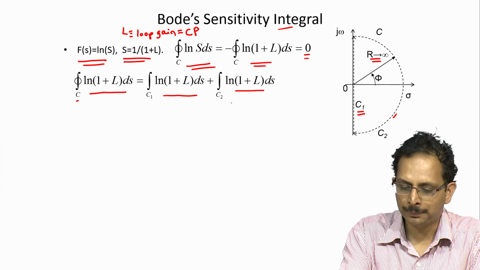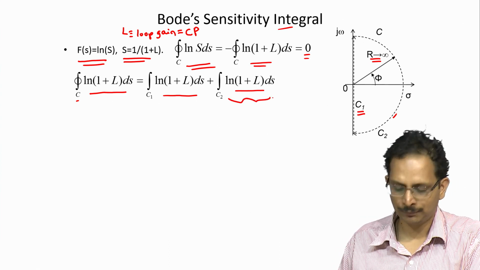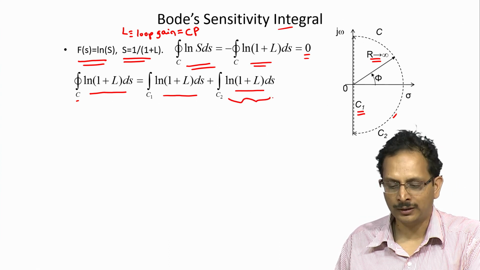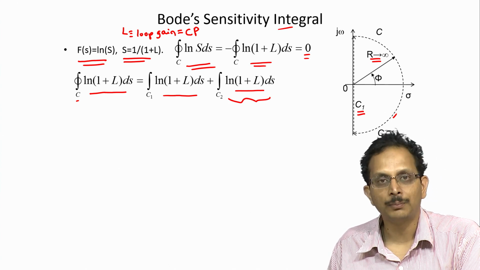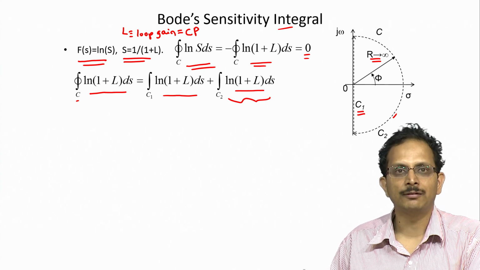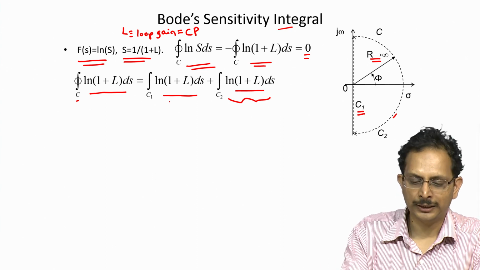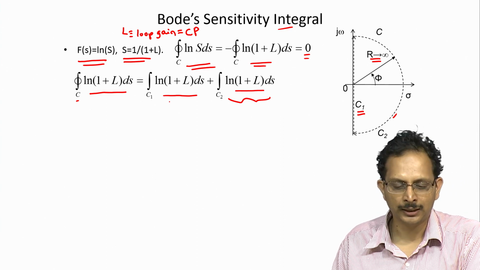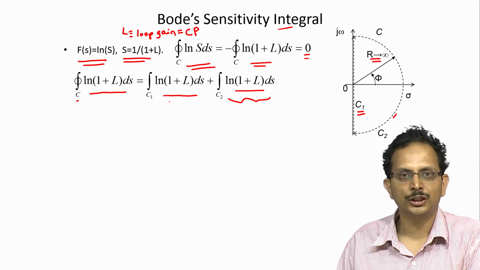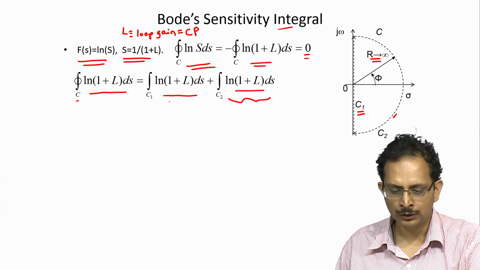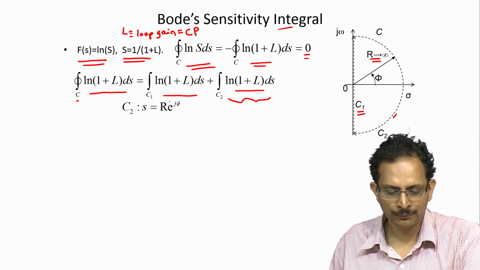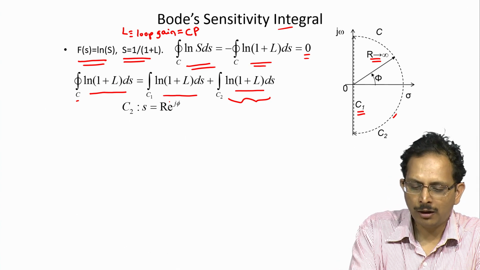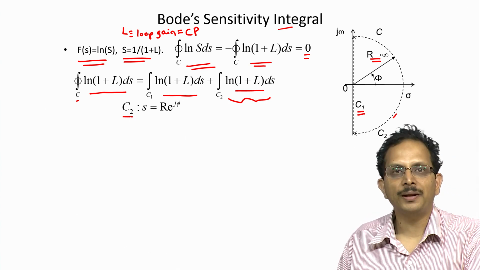First, we shall take up the second integral, namely the integral over the curve C2 of ln of 1 plus L ds. Let us first evaluate that. Subsequently, let us get to the first integral, namely the integral along the curve C1 of the function ln of 1 plus L. So, if you take the second integral, you note that along the curve C2 our complex number would